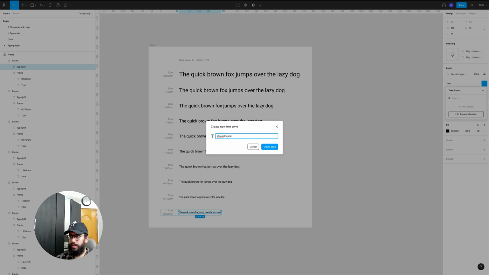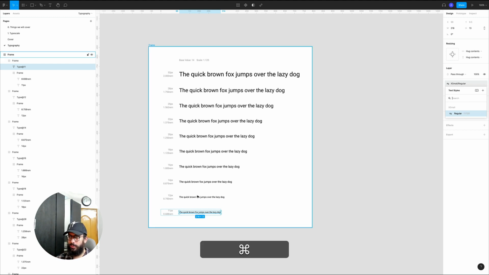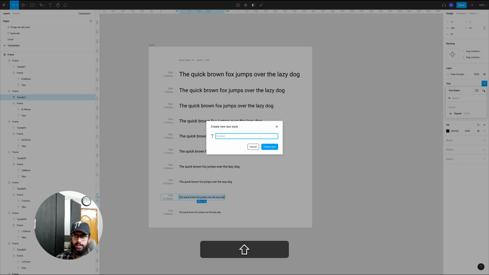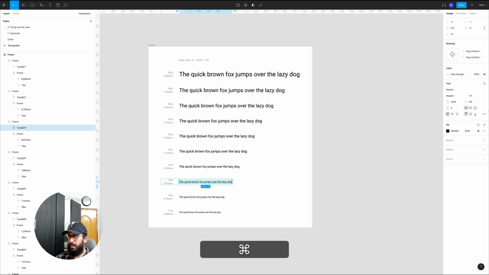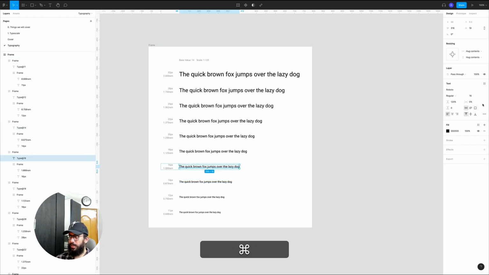I'm going to go ahead and do the extra small and regular here. You can also generate some of the other font weights as well, like extra small regular, extra small medium, extra small bold, so on and so forth. But I'm just going to do it with regular right now, and if I require some of the other weights, I can do that too. Usually you do require them, so I'm going to do that as well in front of you. So we have the small/regular, then we have the base/regular, then this is going to be our large